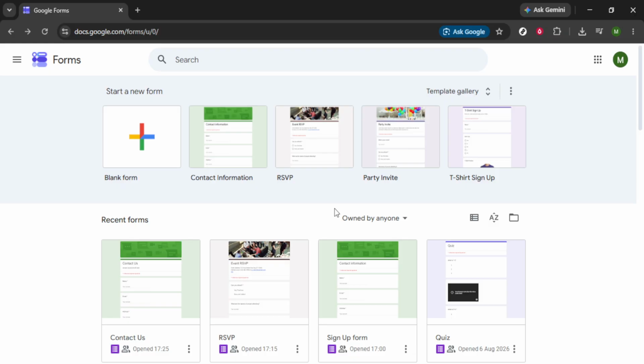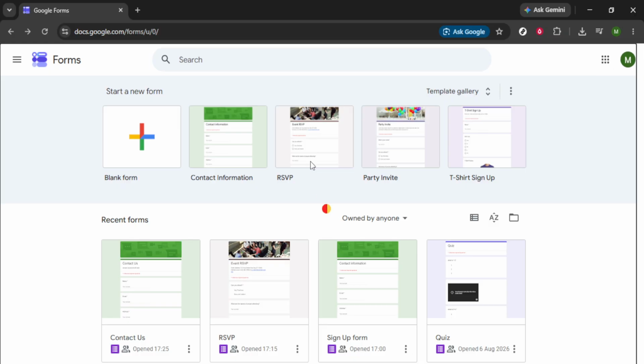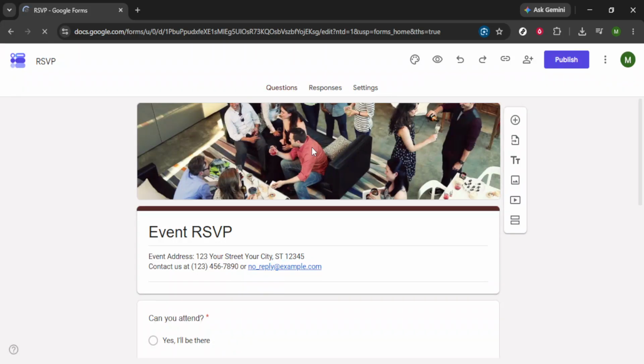Now take a moment to find the specific form from which you'd like to recover the deleted responses. When you click on that form, you'll be directed to a page filled with various options. What we want to do now is click on that Responses tab. Think of this tab as your personal gateway to managing and viewing all the data responses that have been collected